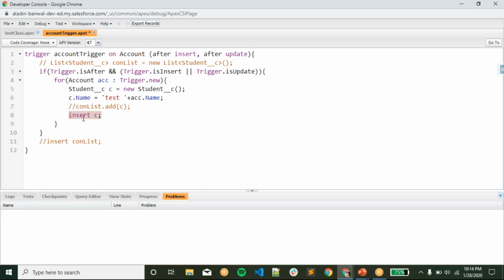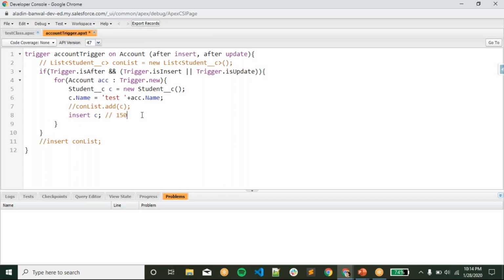When it goes beyond 150, we have a limit over here. The DML limit is only 150. So when this limit is exceeded, it will give you an error, and it is not possible to handle that error in Apex. So if a governor limit is exceeded, we can't handle that error inside our code.